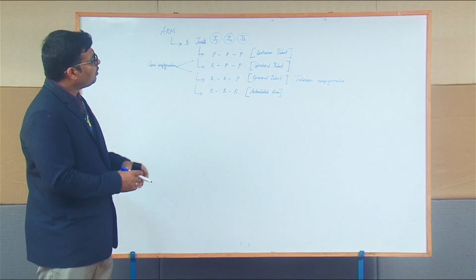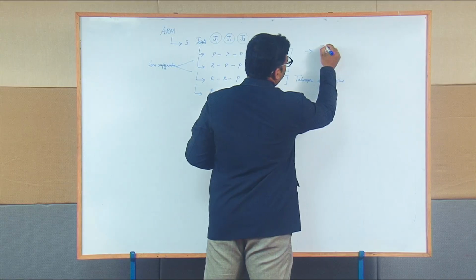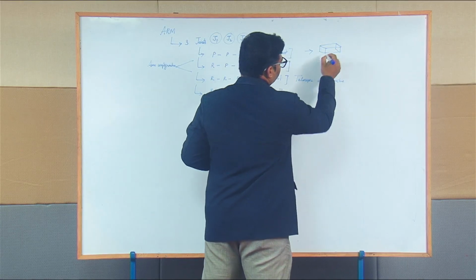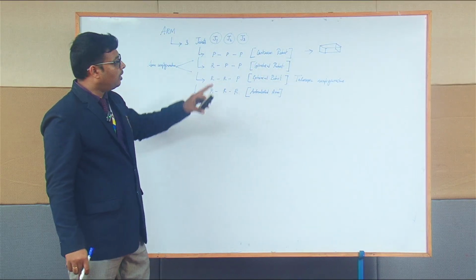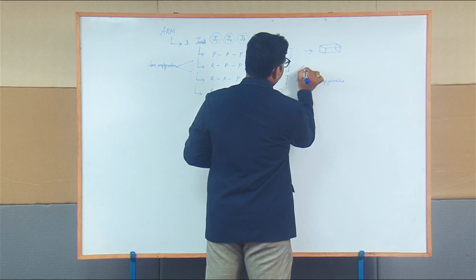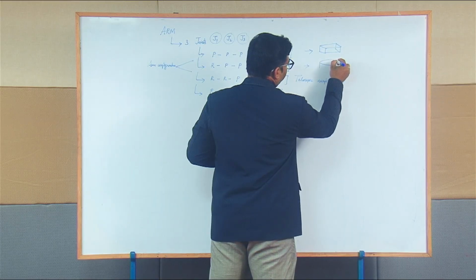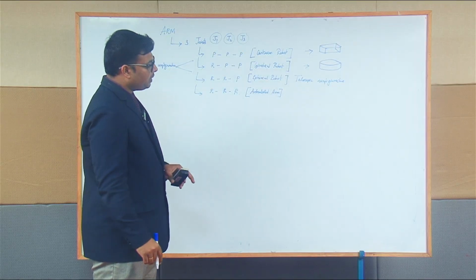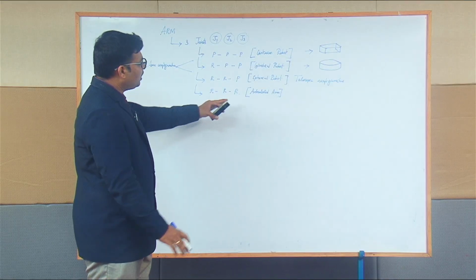So the workspace, if you ask for the Cartesian robot, will be a cuboidal. So you see, you will have a cuboidal structure and this will be your workspace. Okay, this will be the workspace for the Cartesian robot. In cylindrical robot, the workspace changes. A 3-dimensional volume of cylinder will be the workspace. And for the spherical robot, again, as the name suggests, the workspace will be a sphere. And for the articulated arm